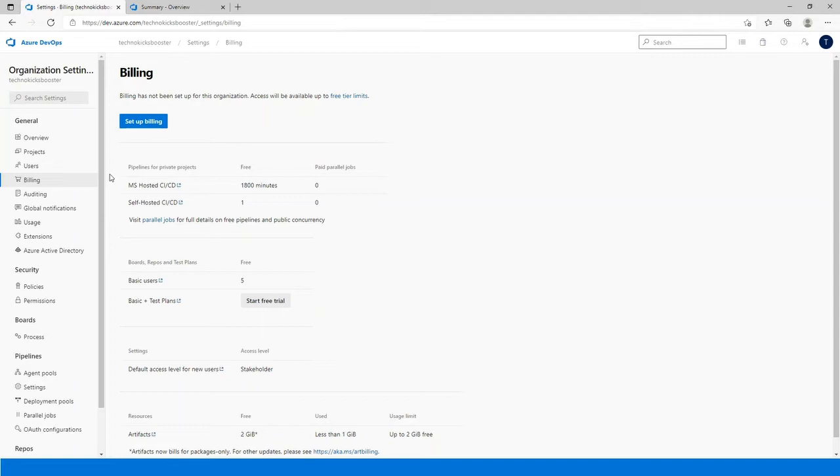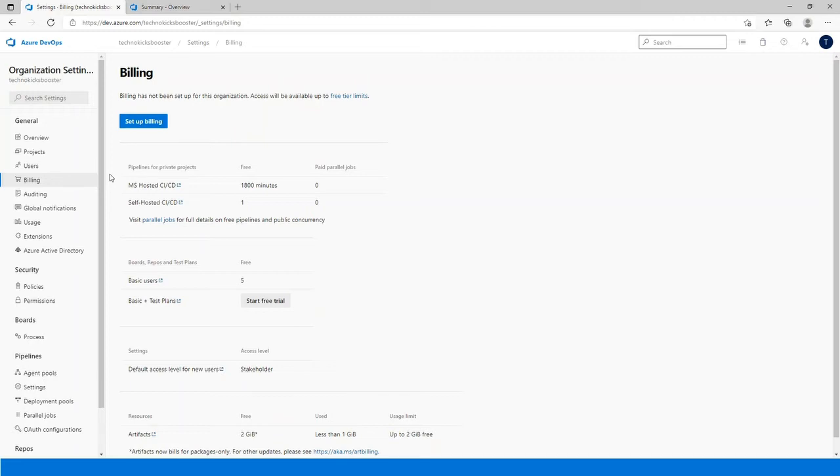In this case, we need to purchase an Azure DevOps subscription license, which is similar to the Azure subscription that we procure when creating VMs or something like that. We procure an Azure subscription for this, and then we assign this organization to the particular subscription that we purchased for billing. Based upon how many users we add to that particular subscription, that much will be charged depending upon the level of the users that we are using.